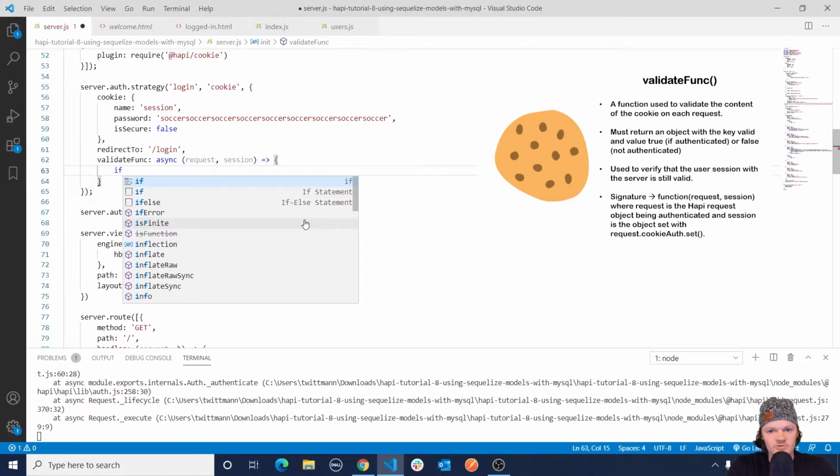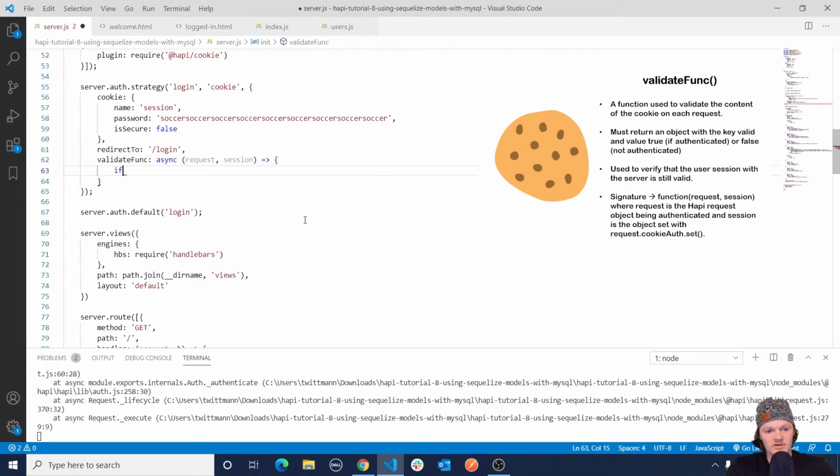So what we are going to do is check if the username is equal to WIT code and the password is still equal to subscribe. And if those are true, then we return the key valid. What this function has to do is return the key valid, similar to how the one option for the basic strategy had to return isValid. So let's do here